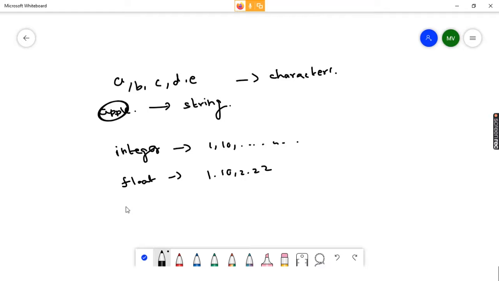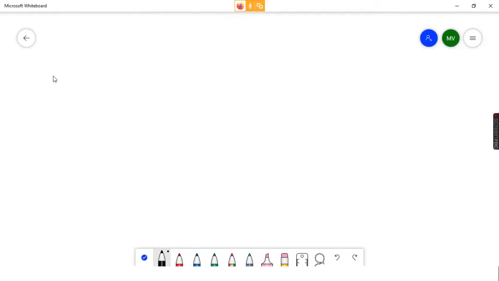And we have a double. Double is nothing but the combination of both, just a combo of integer and float.